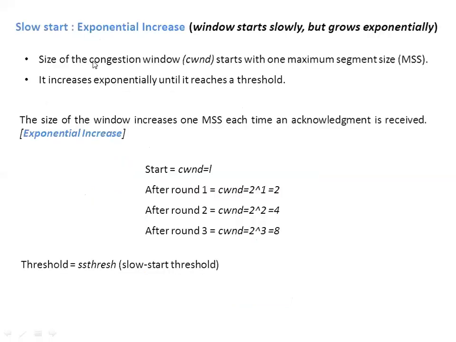In the slow start phase, the sender is going to start with a window size of 1 MSS. MSS is maximum segment size, that is the size of one segment that the network can carry. The sender determines this in the starting phase of the connection itself. In the slow start phase, the sender starts by sending one segment, and then the number of segments transmitted in each iteration will be increased exponentially. So how it works, we are going to see here.